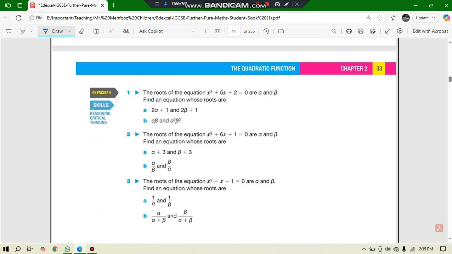So this is your equation using the roots alpha square and beta square, right? Next is exercise 5. We have the equation for the roots alpha beta. Find an equation whose roots are 2 alpha plus 1 and 2 beta plus 1. That's so simple. We find the sum of these roots, we find the product of these roots, and convert them into the form of alpha plus beta and alpha beta. So your answer will be